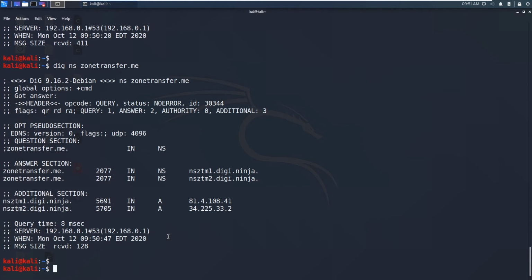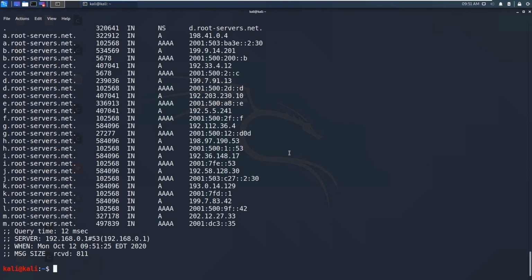So to perform the zone transfer using the dig command, you need to copy this name server, and you want to say dig and AXFR. AXFR record gives the authoritative reply from the name servers, that is our DNS zone information. You need to say dig AXFR, and need to specify the @ and need to paste this name server, and from this name server what I want is the information of the zonetransfer.me domain.